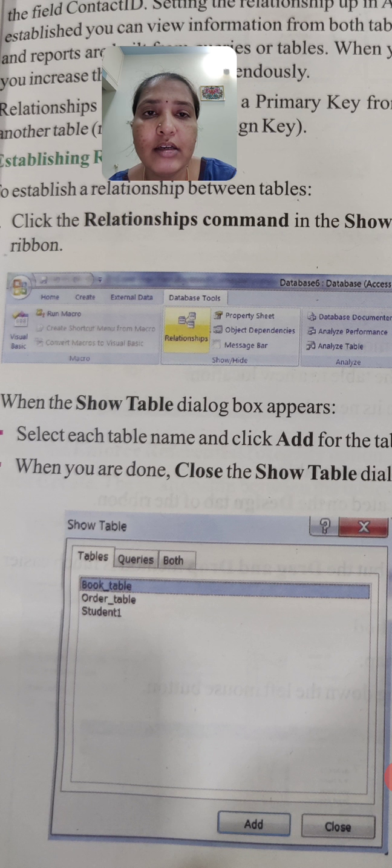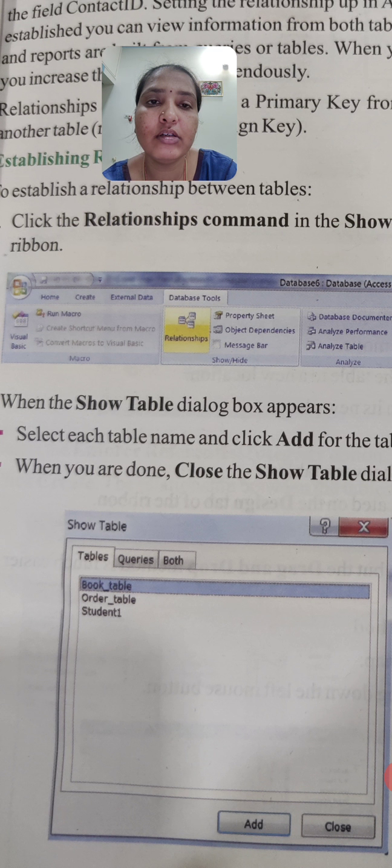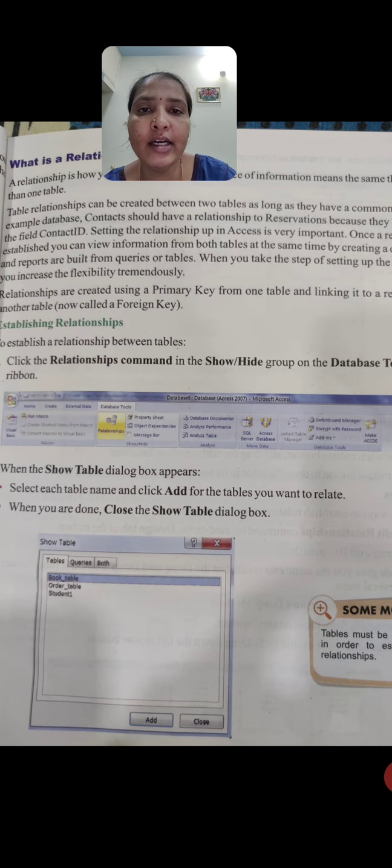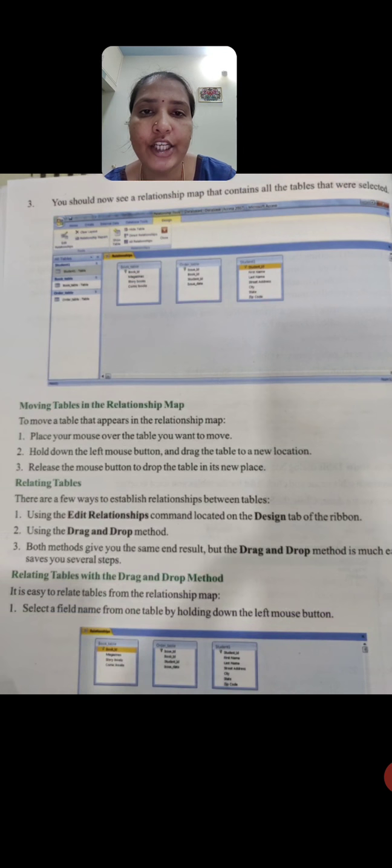There we are giving a relationship with a book table. There are two tables with the names student 1 and student 2. We are making a relationship with a book: which book student 1 is having and which book student 2 is having. That is the relationship. If both have books, we can make a relationship over there. This is how we are establishing a relationship.